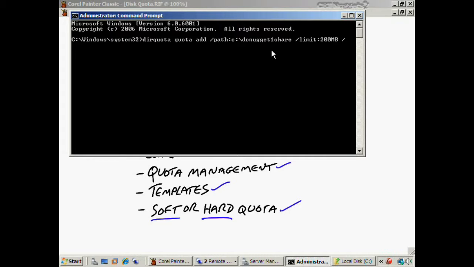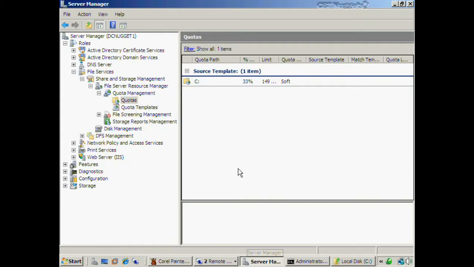I'm that generous. And then type equals hard or soft. I'll just put hard, I guess, for that. And now I've successfully created that quota. If I want to confirm that in another way and take a look at it, I can also go to